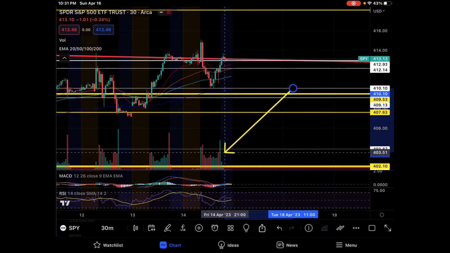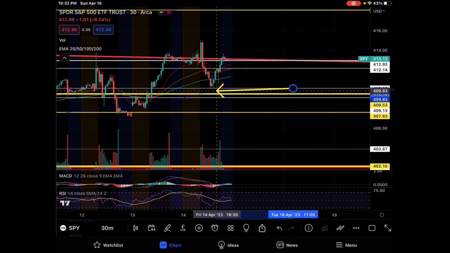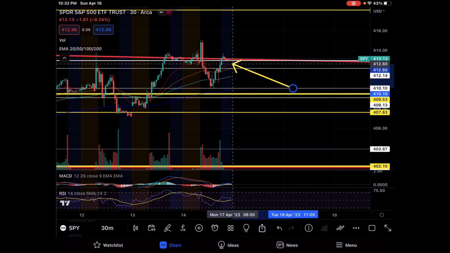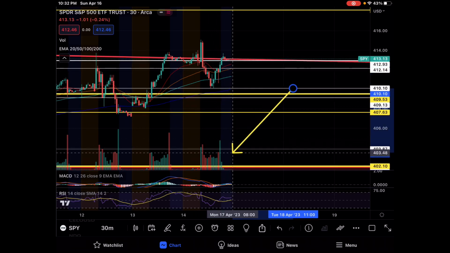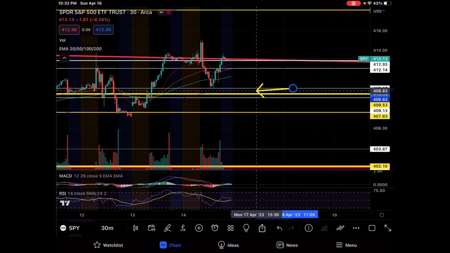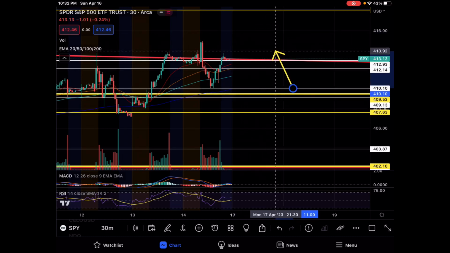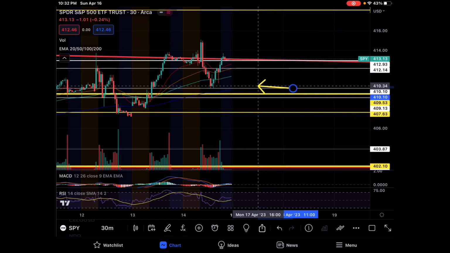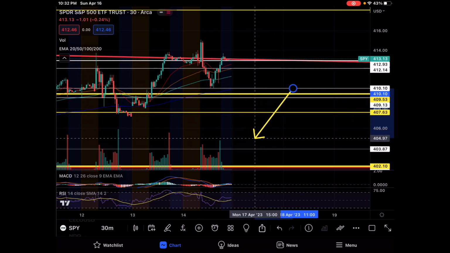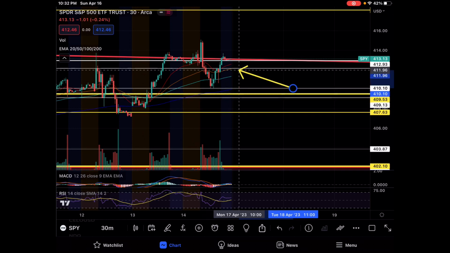The volume was decreasing on that 30-minute as the price was increasing. So it's hard for me to see like a straight flag taking place here. I almost think we have to retest the 410.10 at least before we were to get bullish. So I would at least look for a move down to there, or definitely, or the 409.53. That's what I'm thinking.